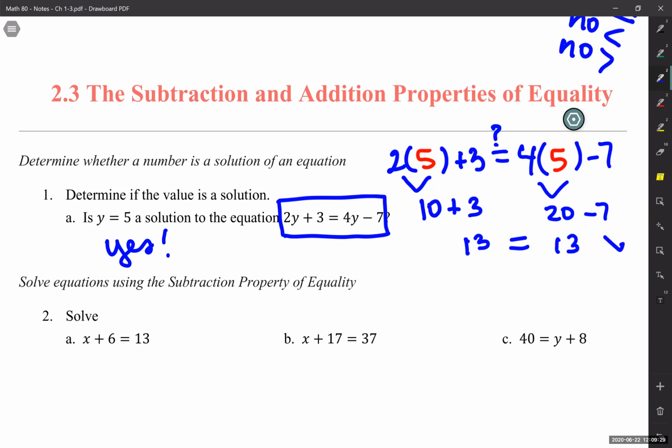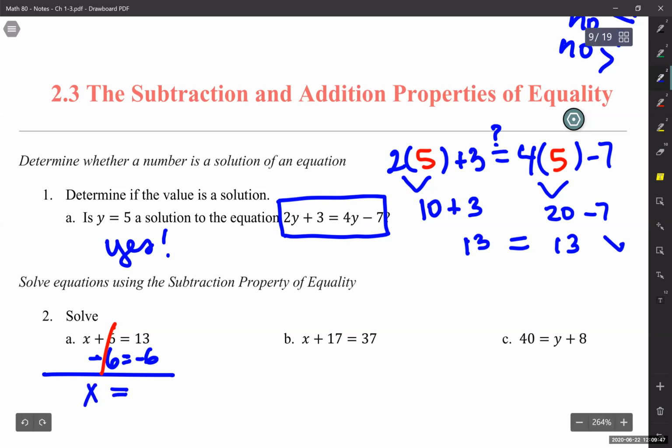So what I want to do to undo that is subtract 6 from both sides. The reason we do that is because we get a zero pair. This positive 6 and the negative 6 equals 0, and that leaves just the x on the left-hand side. And then on the right, 13 minus 6 is 7. And there we go. Probably this is just confirming what you thought the answer was already, but now we know for